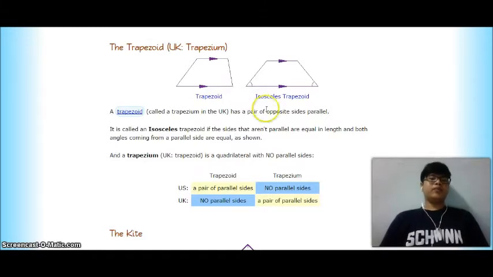Okay, trapezium. Trapezium has a pair of opposite sides parallel. It is called an isosceles trapezoid if the sides that aren't parallel are equal in length and both angles coming from a parallel side are equal as shown. As shown in this, you can see that a trapezoid has parallel sides